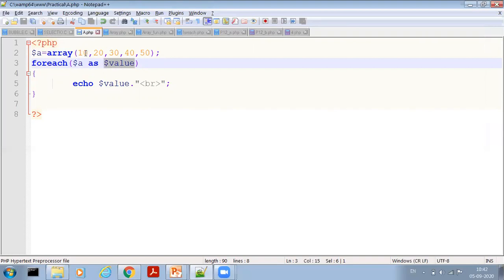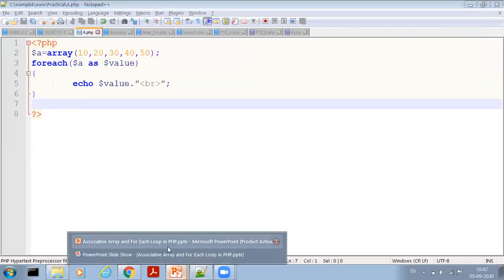After printing one element, the value of $value is equal to 20, then 30, then 40 and then 50. So in this foreach loop, the loop is executed 5 times and after that the loop is terminated and my output is displayed on the screen. Thank you.